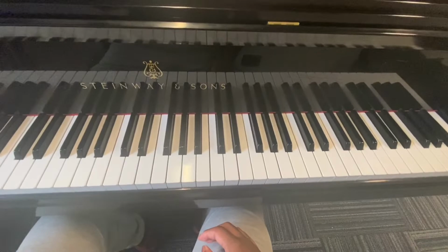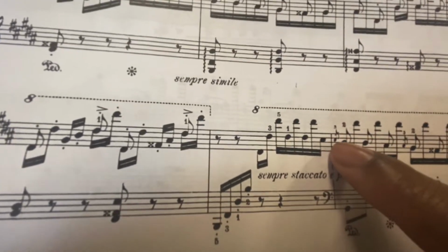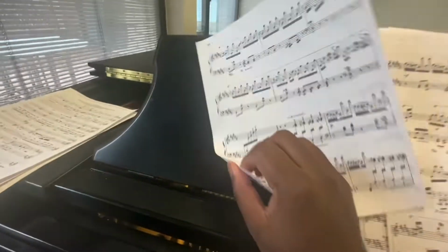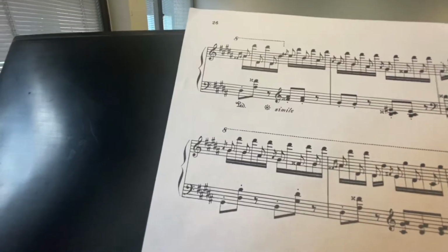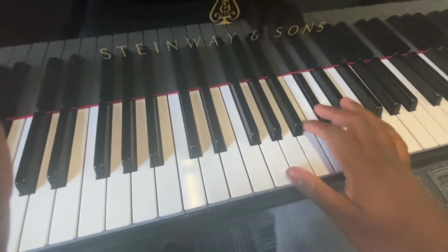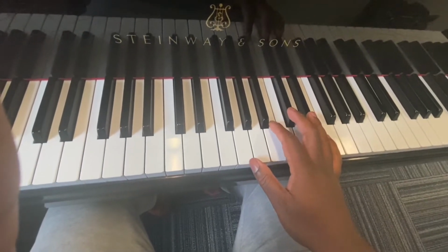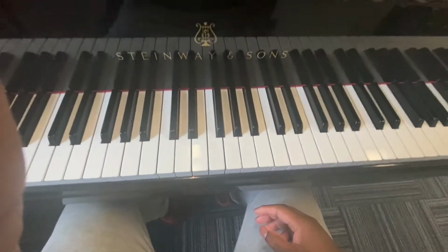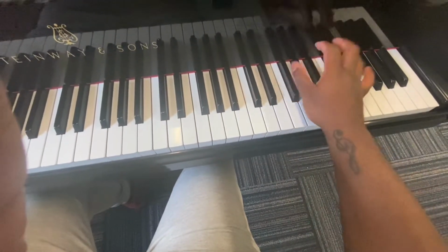Okay? So now, the second section of this piece, Franz Liszt decides to add something called grace notes. Now, grace notes, do you see these little notes right here? Little note going to the big note, right? Et cetera, et cetera. Even if I turn the page, you'll see more. These little notes going to the bigger notes. The way you play those, it's real simple. It's just taking two notes and going, or taking three notes, et cetera, right? Now, but what he decides to do, while you still have this challenge of making these leaps, right? He decides to add grace notes. So you have